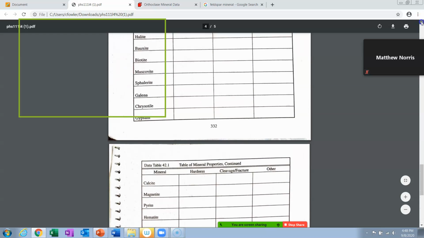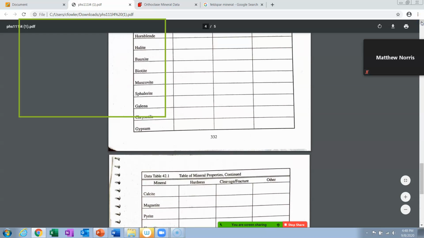Question. Yes, what's that? Can we turn this in on an Excel worksheet? Can you do what? Turn this in using an Excel worksheet? That would be fine with me. Any way that you have the data, as long as it's all the data it's asking for here, do it. Now remember, that's that one question at the end. Do you feel like the purpose of the lab was accomplished, and why or why not? All you need is a sentence or two, and that's it. But that's also a question on the lab.